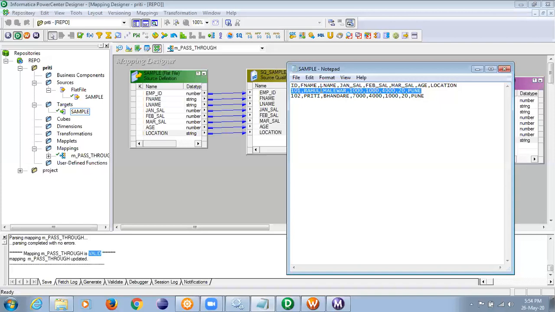What was the question? I want in the output the employees, those who are from Pune. So is it a row wise or column wise calculation? It's row wise. Why? Because you will compare row by row. First, you will compare Rahul's record and see Pune is there, and again you'll go to the next row.